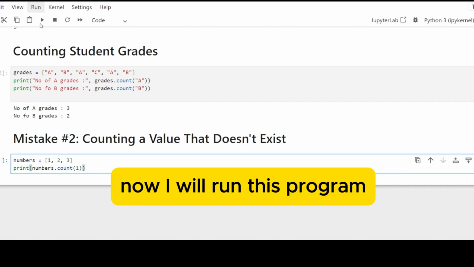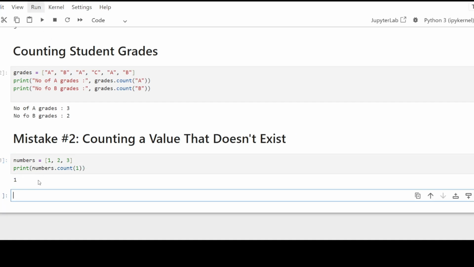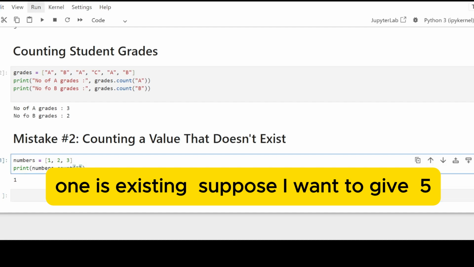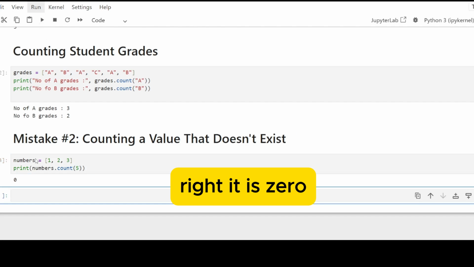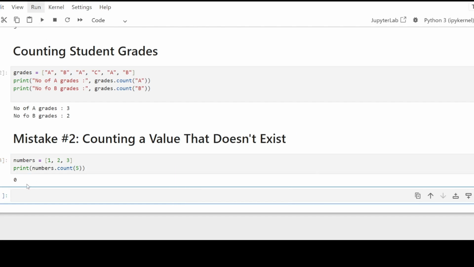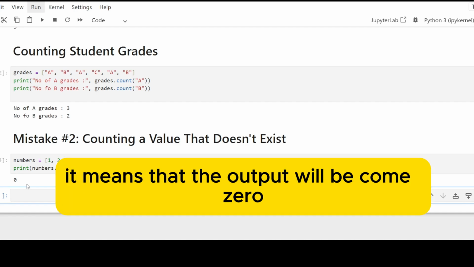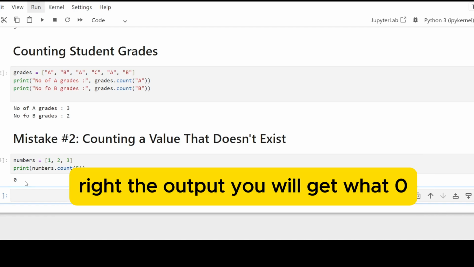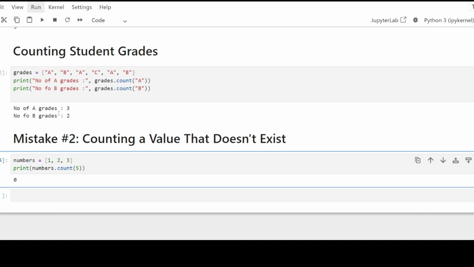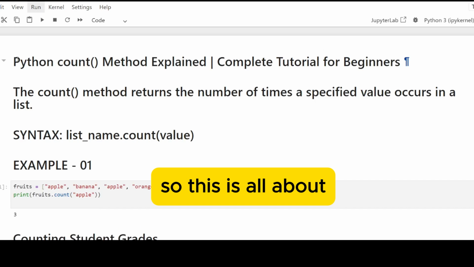Now I will run this program. 1 is 1. Suppose I want to give a 5. It is 0. If a value does not exist, the output will become 0. So this is all about